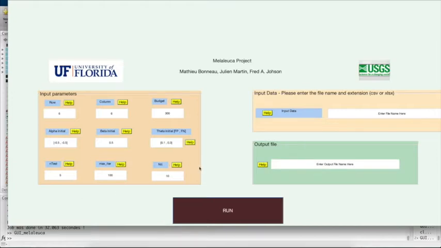Finally, you have 3 more parameters. So what we propose to do is to run the EM algorithm several times. So here, 5 times. More precisely, the EM algorithm is run a first time using this initial value. It will then estimate new parameters, and these parameters will be used to initialize another run of the EM algorithm. So here, basically, with n test equal to 5, we will run the EM algorithm 5 times to estimate the